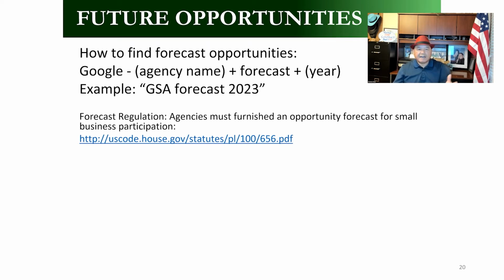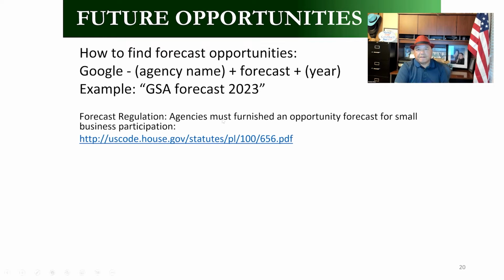Well, large companies understand that it's capture management. It's a long life cycle. And so Congress says, okay, how do we help small business? We need to pass a regulation that says that small businesses should be able to have a forecast from any agency so they can see what's coming up.